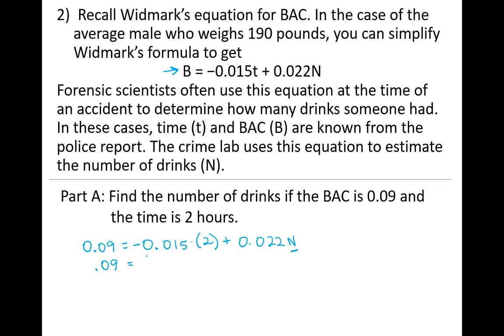Negative 0.015 times 2 is negative 0.03 plus